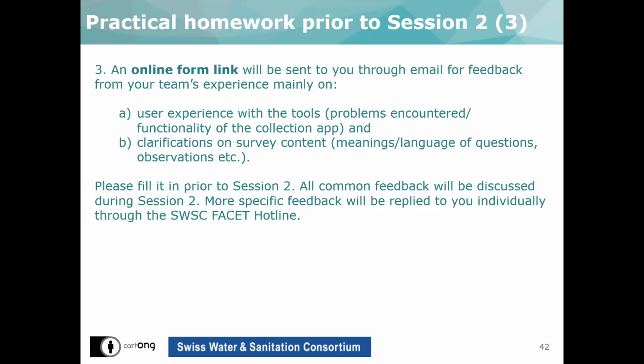So all the common feedback. If you have the same issue 10 times that you're encountering with either the survey content or connection in ODK Collect, we will bring that up during that session, so that everybody can know how to troubleshoot that issue, or how to approach that meaning or language of the question, and so on and so on. And if there's something very specific to either your context or your phone, or something very local to you, and we haven't encountered that